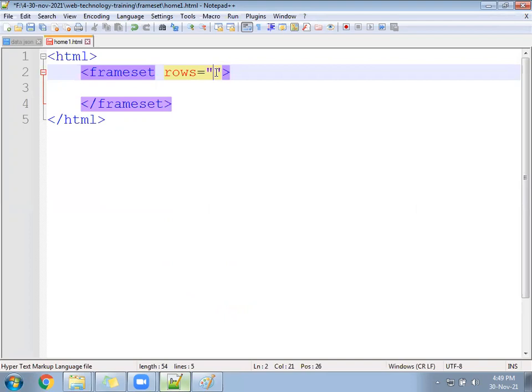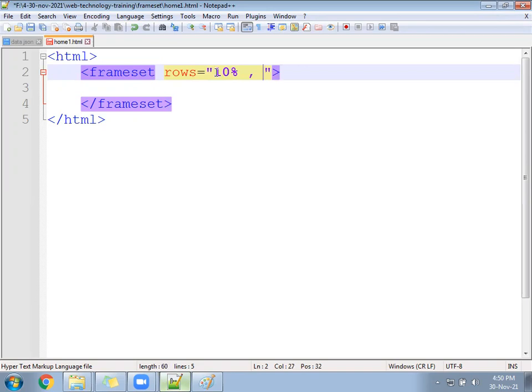Suppose mine is a small screen, and I say 100%. Yours may be a 2000 pixel screen and mine 800 pixel, so your 2000 is 100% and my 800 is also 100%. If we calculate for 900 pixels, it will work well on the 2000 screen but not on the 800 screen; something will go wrong there. So for rows, you have a total height of 100%. How many pieces do you want to break it into? We say first we'll have 10% for 1 block, comma.